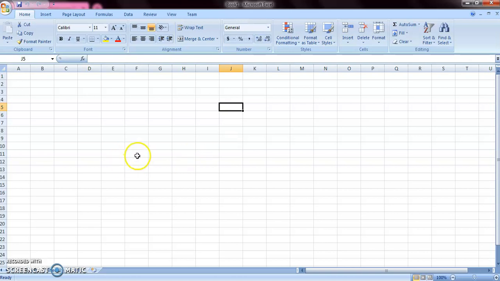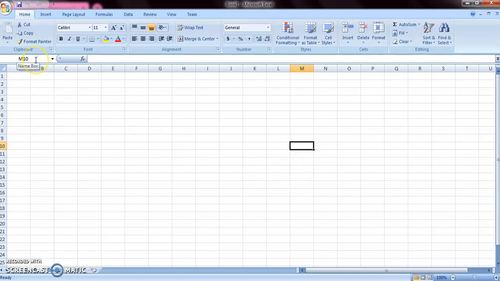This name box serves another purpose as well. Whenever you type any cell address, suppose I am typing M10, and press enter, your active cell just moves to that location. You can call it cell name, cell address or cell reference.